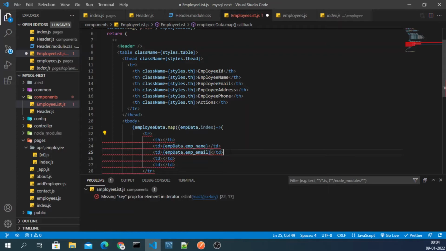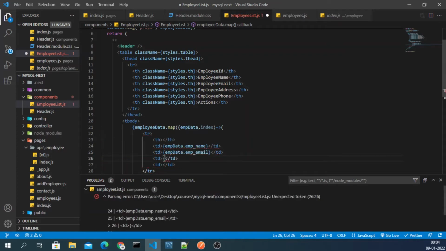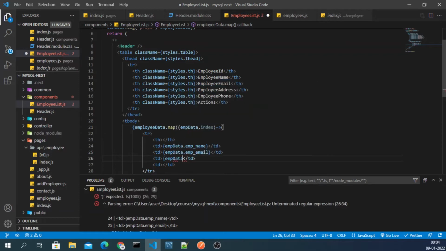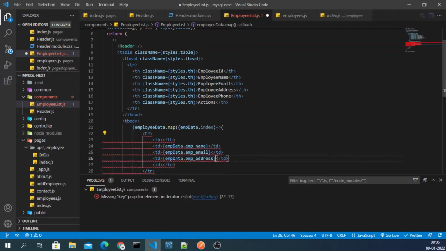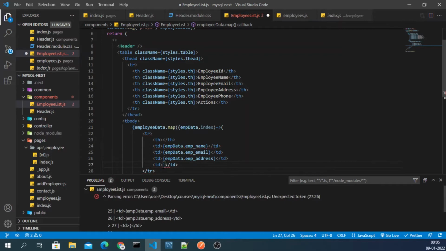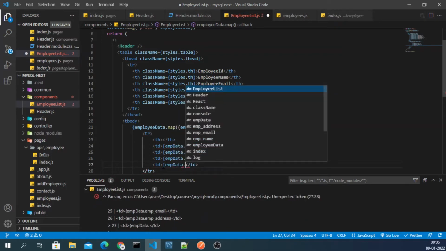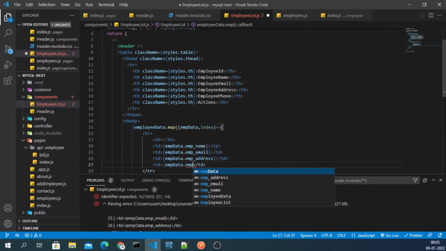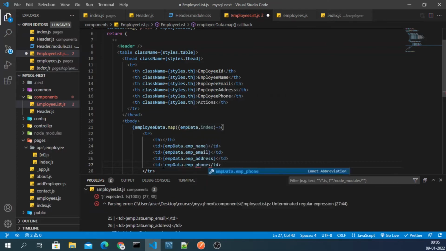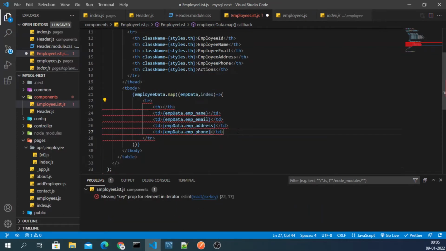And then we'll have emp data dot emp address. Okay, and then we have emp data dot emp home, okay.